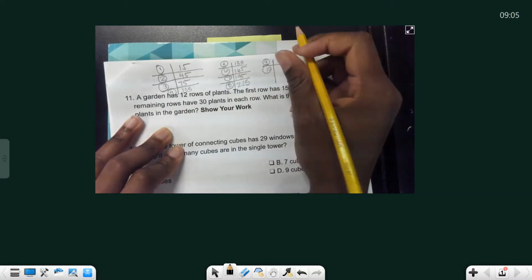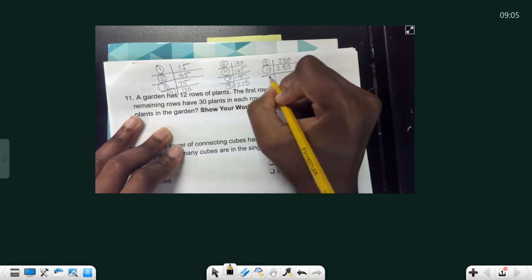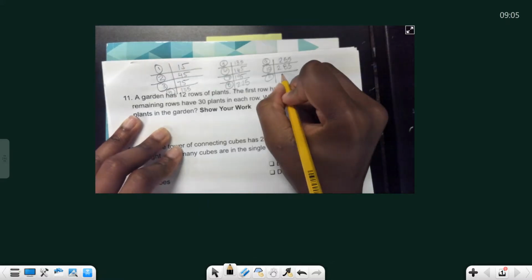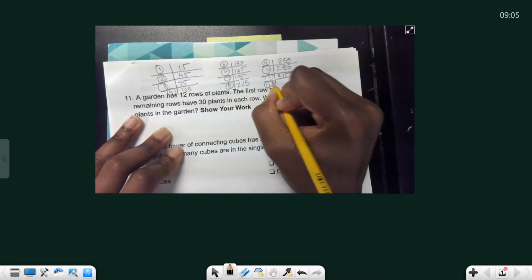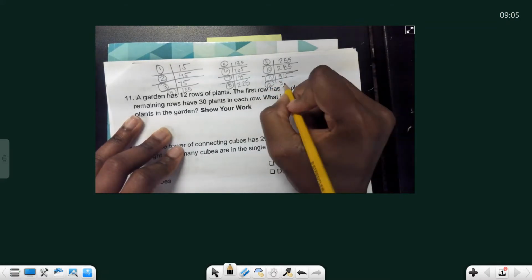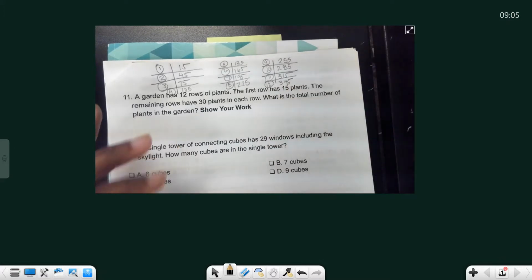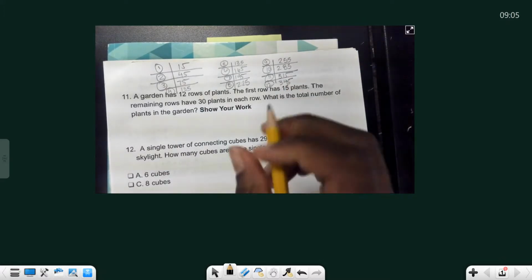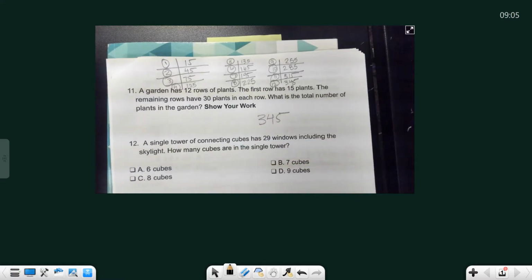My fifth? 135. My sixth? 165. My seventh? 195. My eighth? 225. My ninth? 255. My 10th? 285. My 11th? 315. And my 12th row? 345. Let's go. So how many do we have in all? 345. Oh, Miss Cobb, you could have just did